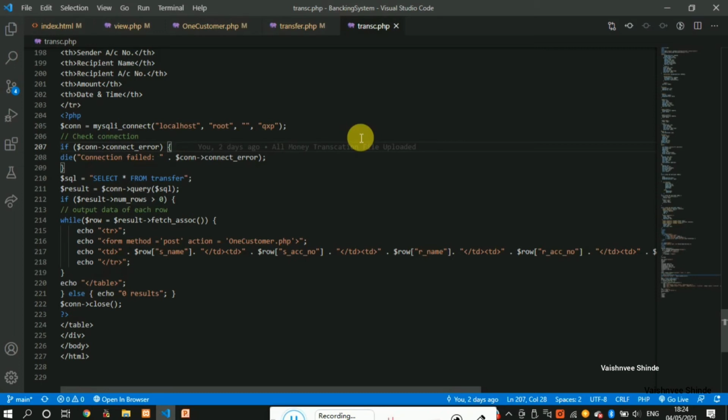In this file, in this logic, we have just displayed the transaction history to the customer along with the sender ID, receiver ID, the IFSC number, how much amount you have transferred, and the current date and time. So in this way, the basic banking system works. Here we are going to see the actual implementation.